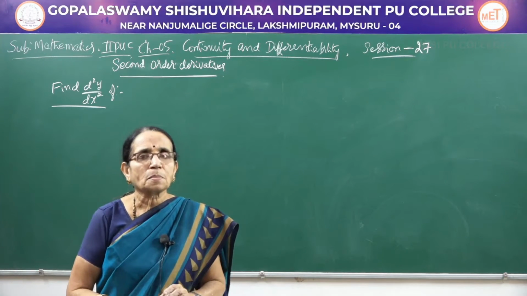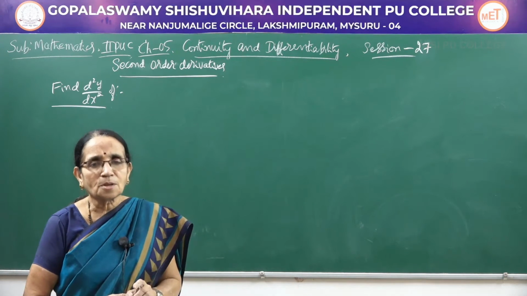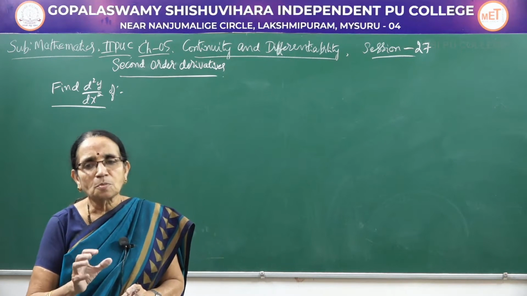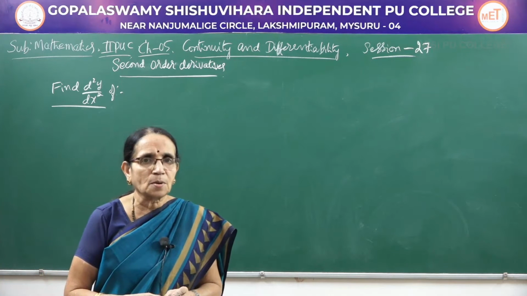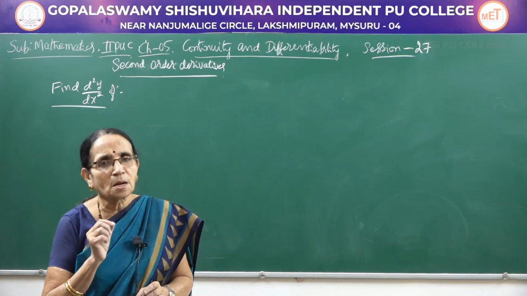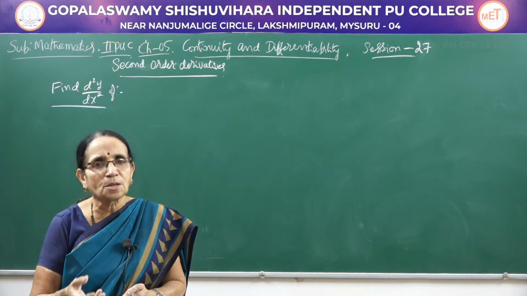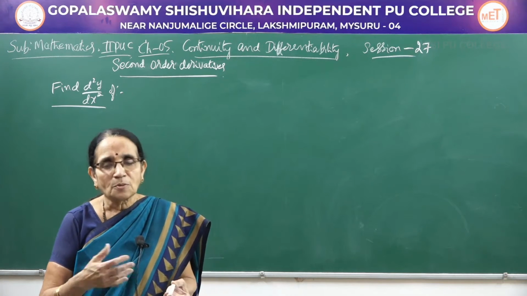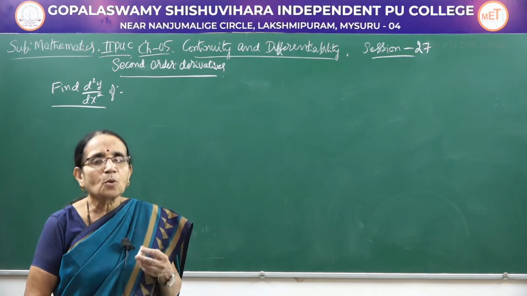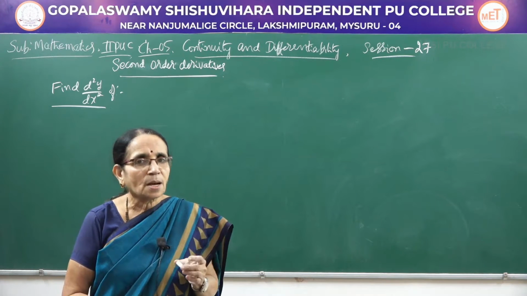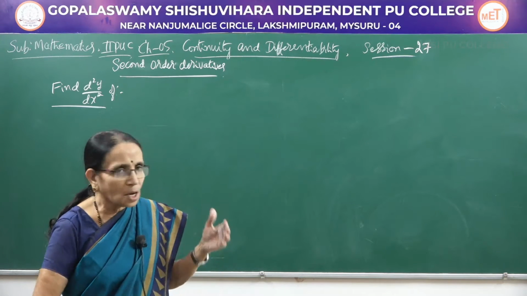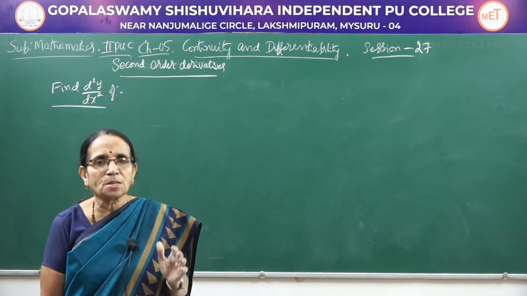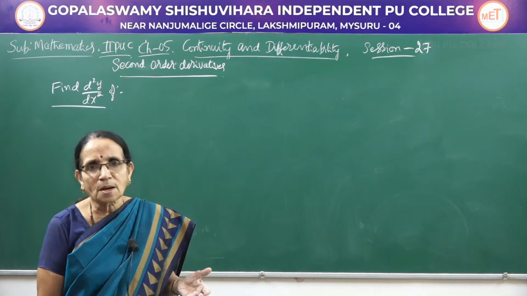Good morning, students. In the earlier session on second order derivatives, I just mentioned the method of how to find the second derivative. That is, when a function is differentiated once, you see whether it can be differentiated again. If it is differentiable, we go for the second derivative, which is called the second order derivative. Then the same rules you have learnt in the earlier sessions, maybe chain rule, product rule, quotient rule, we apply to find the second derivative.